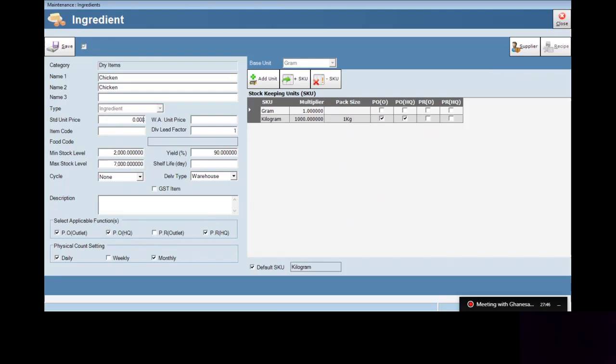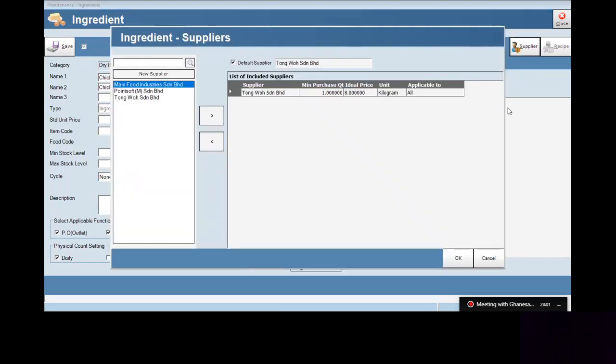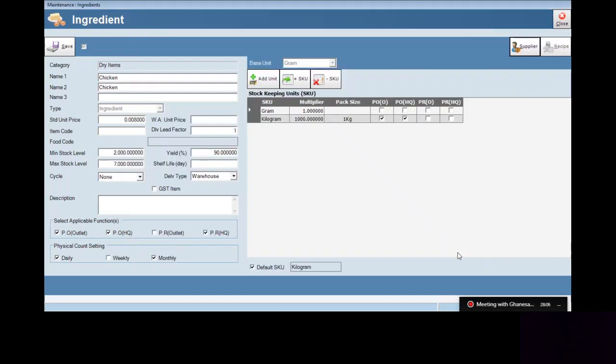Whenever you do the movement, with the first in first out cost model and batch, the system will also automatically update the costing in case the prices are different compared to the supplier price, where we already set the initial $8, right? So that is how the system does the calculation automatically, following the first in first out cost model calculations. All right, so this is how you create ingredients, raw materials. Right, thank you.